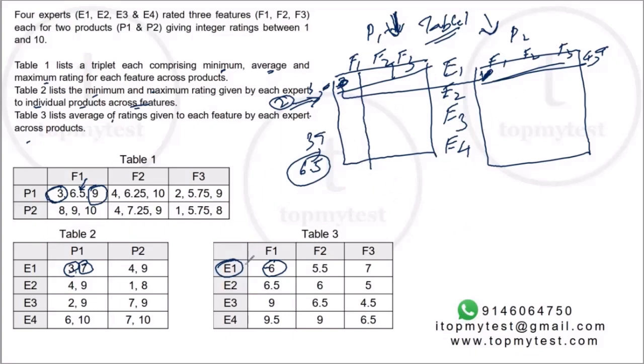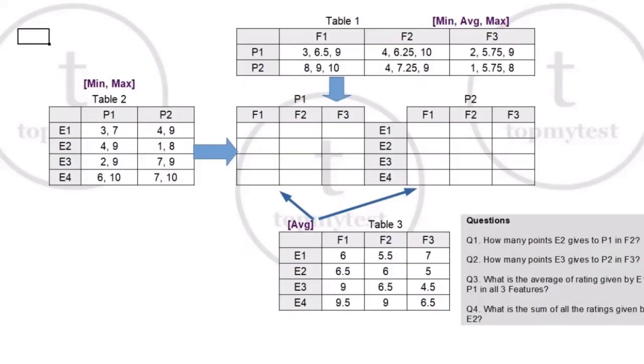Now let's try to go through the individual questions and then try to do this in a slightly cleaner manner and work out one part at a time. All right, so I have actually tabulated, as we discussed earlier, what the data represents. So table 1 basically represents the minimum, maximum and average of the values column wise. Table 2 gives you row wise minimum and maximum, and table 3 gives you average across the 2 cells.